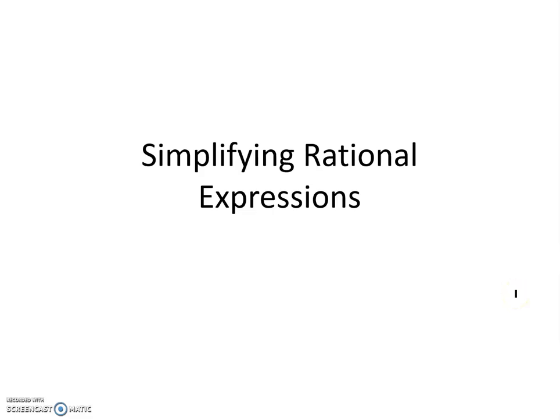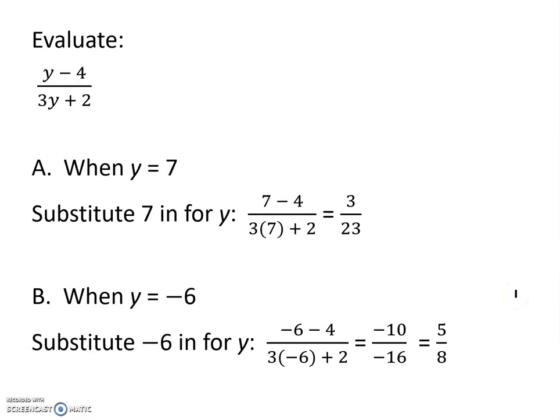Today we're going to be simplifying rational expressions. Our first example is to evaluate y minus 4 divided by 3y plus 2 when y equals 7. We simply substitute 7 in for y, and when we do the math, we get 3/23. On part B, we're asked to put y equals -6 in, and we simply substitute -6 in for y,